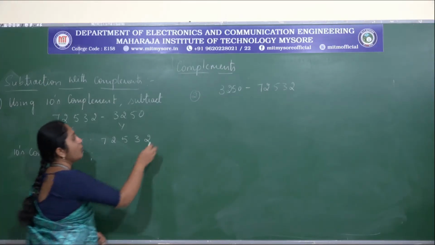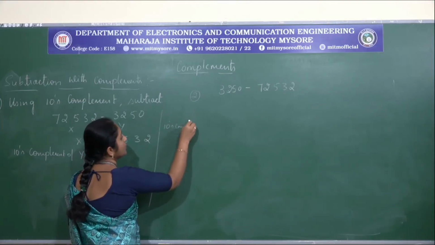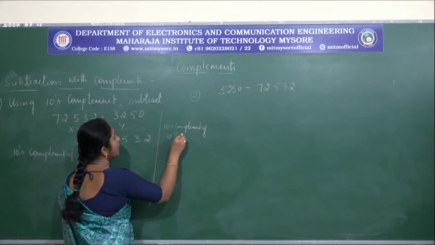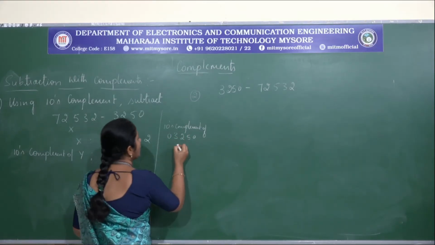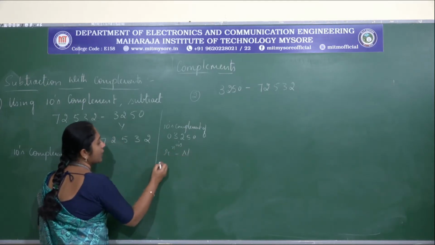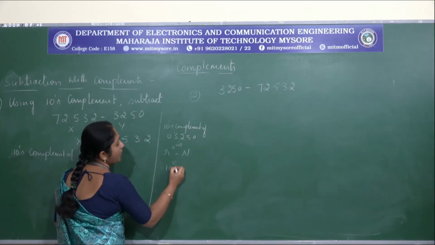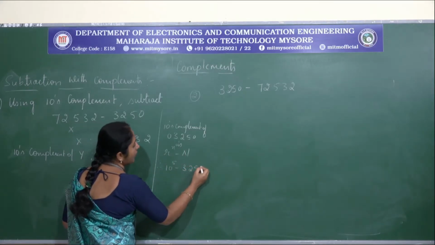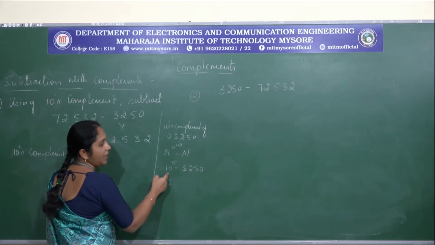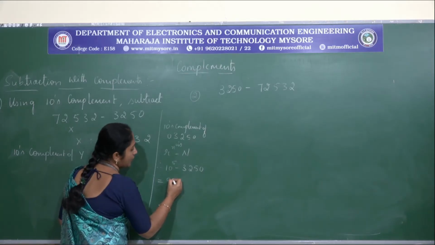So let us separately obtain the 10's complement of 03250. What is the procedure? R power n minus n. Therefore, R power n, with 5 digits, is 10 power 5 minus 3250. If you subtract this, you will get the answer for this as 9,